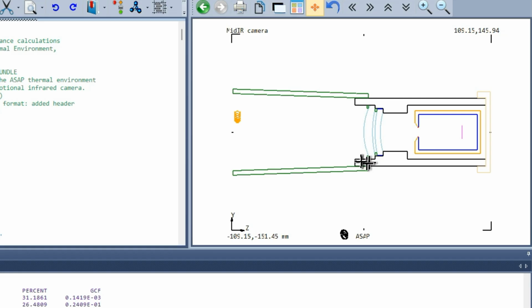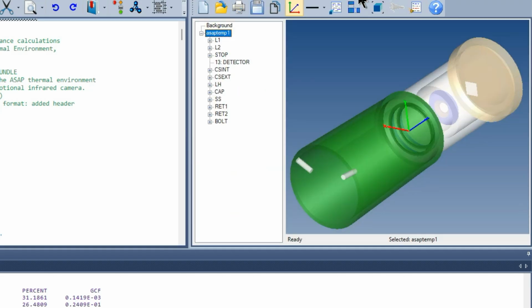with a 2-element lens, a chilled detector in a chilled enclosure with a cold stop separating it from all of the warm environment, a sunshade which happens to have 2 bolts protruding through it, and those bolts happen to just intrude on the field of view of the detector at the corners. So those warm bolts will be expected to produce a little bit of excess thermal irradiance at the